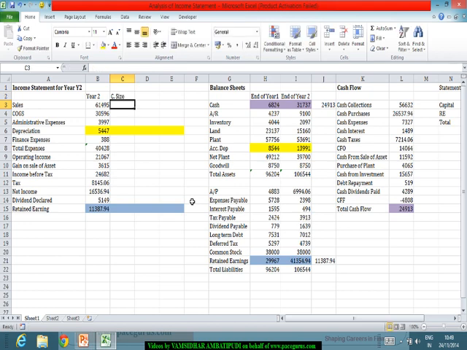common size income statement, all we do is we try to establish each of these categories, each of these values, as a proportion of the sales or revenues itself. So I'll take the sales, divide it by the sales. So that gives me 100%. Probably if I'm putting it in a percentage form, 100%, and probably when I'm dragging it across, I could see that yes, net income is 26.89%,